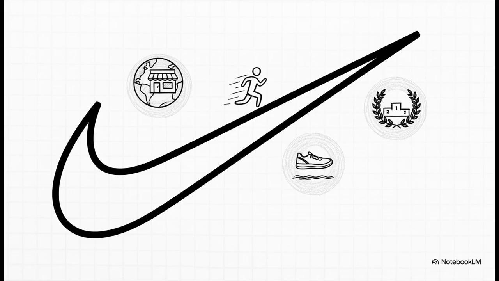And then there's this. Come on, you know this one. It's not just some random checkmark, is it? Nope. It stands for a giant global brand. It brings to mind ideas of being an athlete, of success. It represents this huge web of products and advertising. It's a symbol of both commerce and culture, all at once.